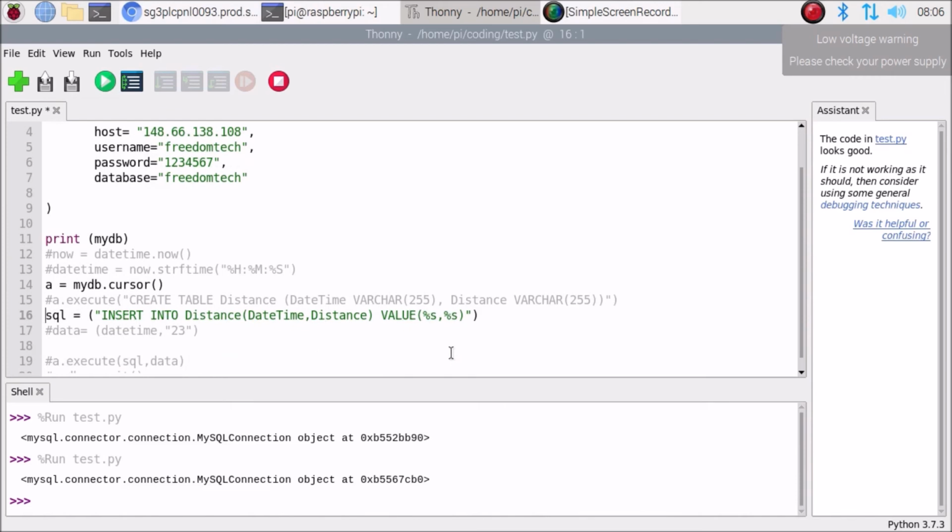That's it. Now the data. Data is again a variable I have created, and inside that data we are going to mention the date time.